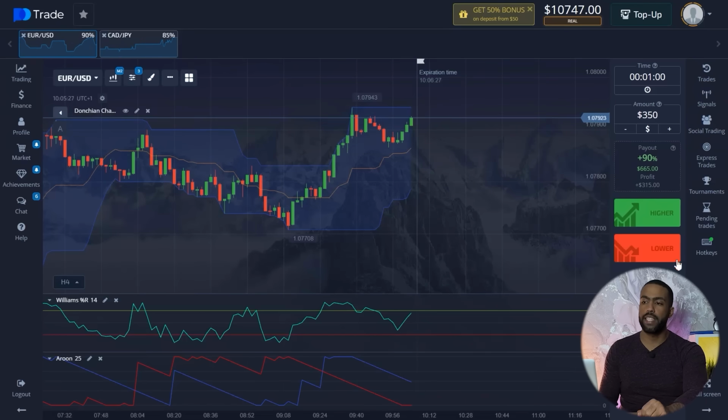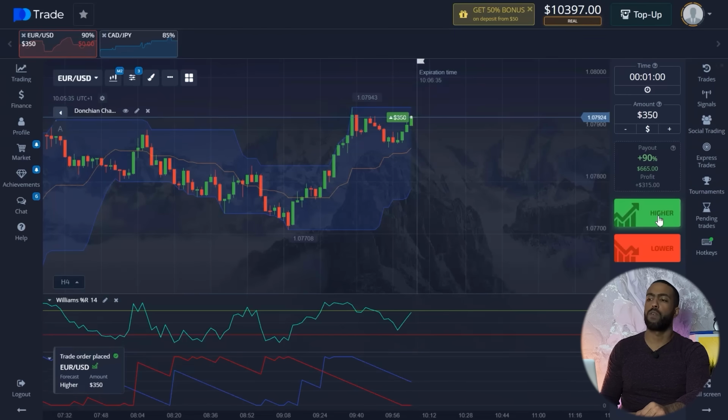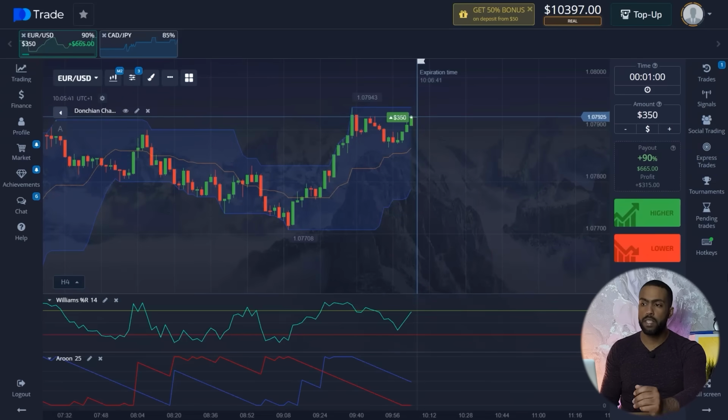All of them trade, in fact, with their understanding of the market. And now, looking for the right moment to trade, I open an up trade for $350 for 1 minute. And I focus on the data from the Williams indicator. Its line is still growing, giving a signal about a possible increase in price, and I think it should work out because the price has not reached the resistance level yet. So let's move on with our topic.